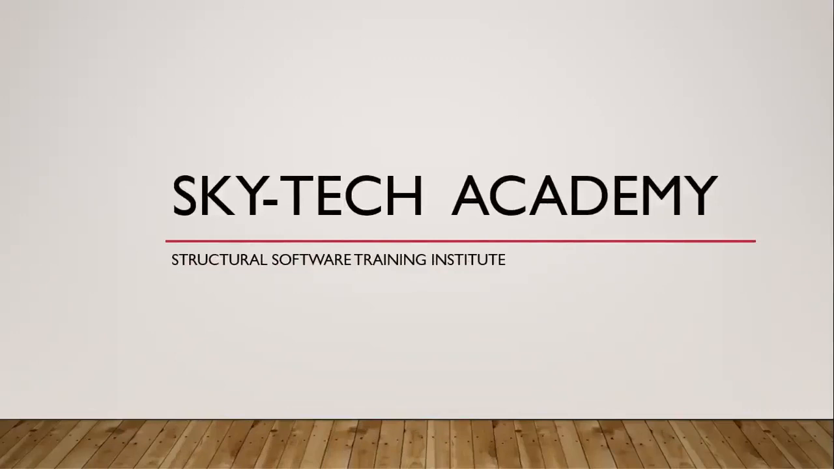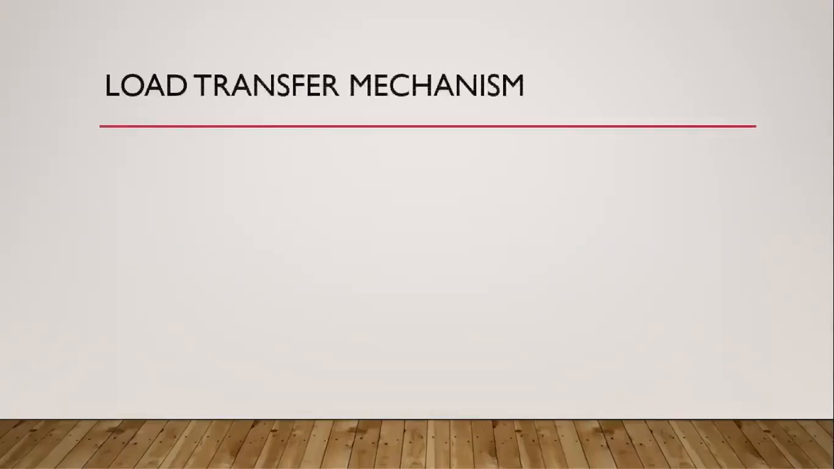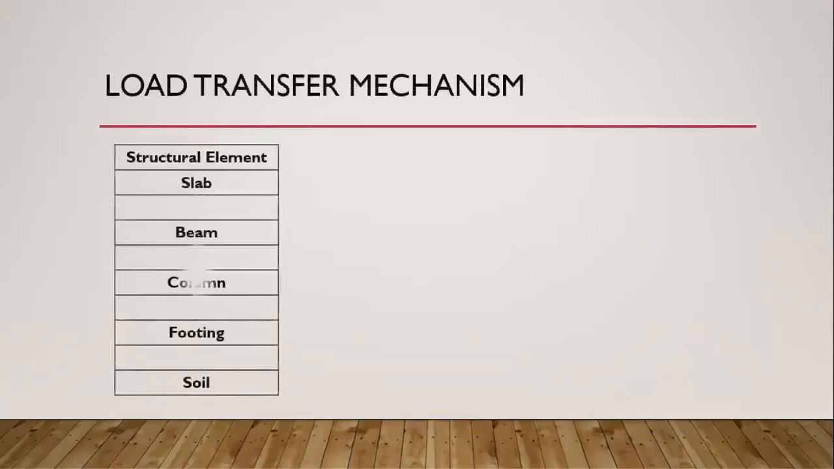So let's get started with our first session, that is load transfer mechanism. Here you can see a table which is called as structural element. From that, slab, beam and column are called as superstructural element and footing is called as substructural element. Therefore, all the load from the superstructure gets transferred to the substructure, but in that series, the load gets traveled